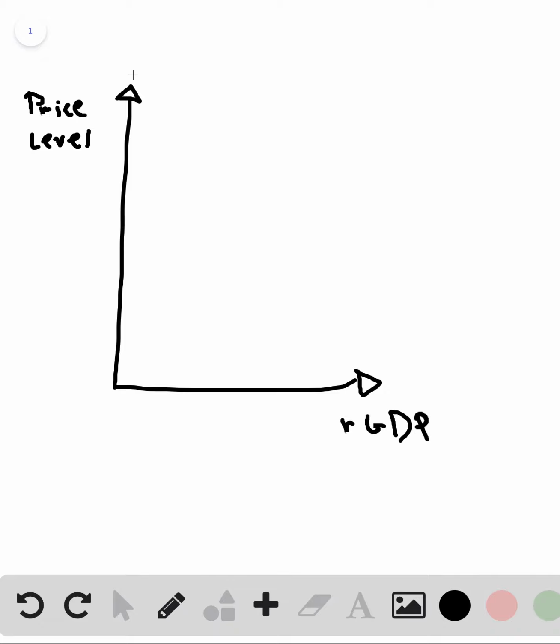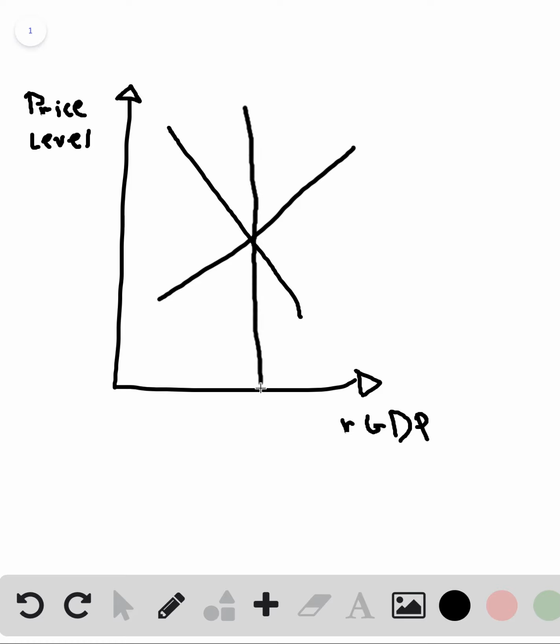So this downward sloping curve is our aggregate demand, short run aggregate demand. Okay, actually you don't need a short run, it could just be aggregate demand because there is only one aggregate demand. And then we also have the upward sloping line as our short run aggregate supply,